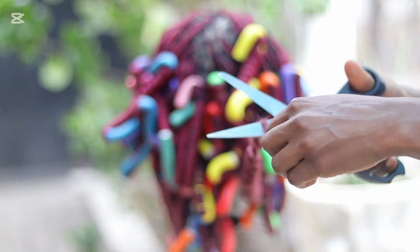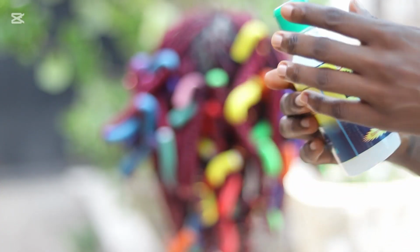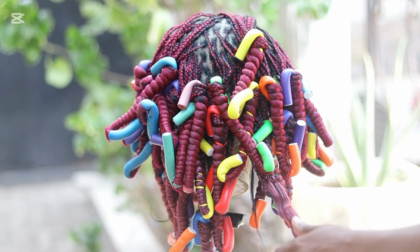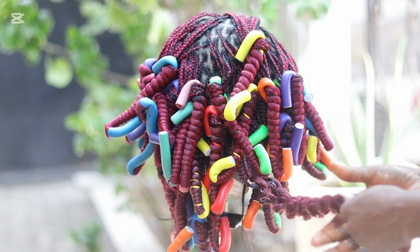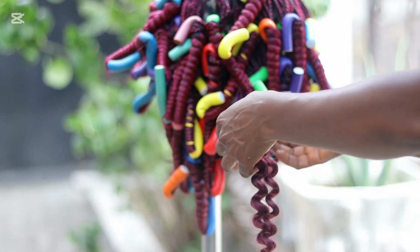I'm going to first of all cut off the tipped ends so that it will make your separation easy. I'm using this braid marinade. This is the consistency of the braid marinade, just to help make the hair slippery and just to marinate the braid with the solution and start